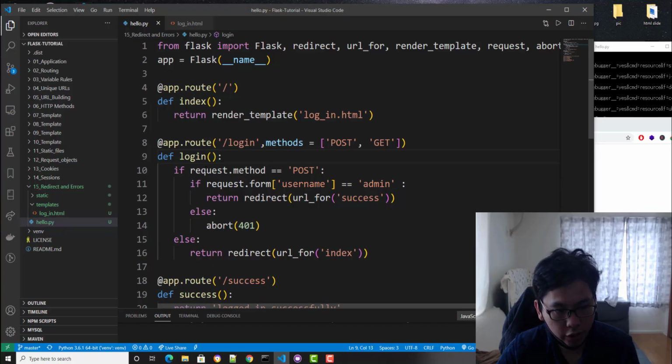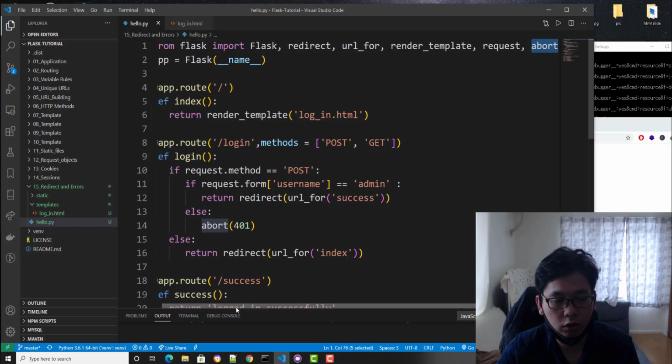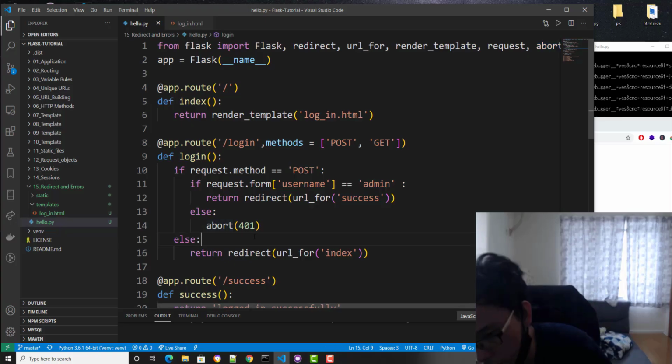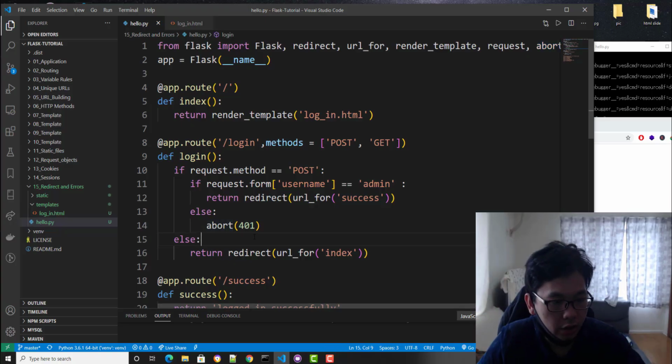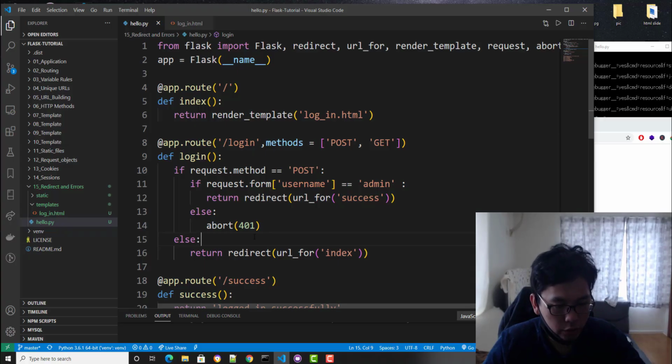So if you're checking the user and it's not valid, you're going to use abort for this one. You need to import this from Flask: import abort. It's built into Flask, so you don't need to build this from scratch.